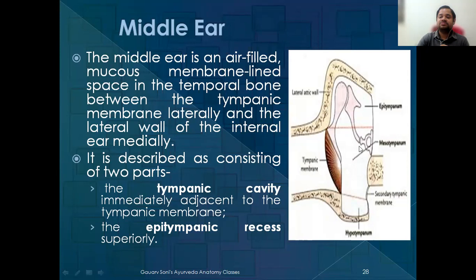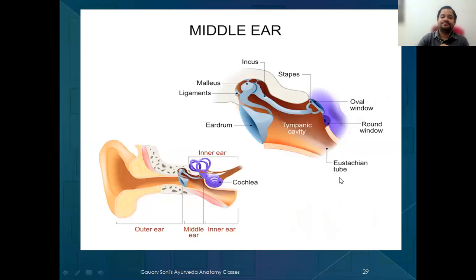In certain books, this tympanic cavity is also divided into two parts. The part which is directly adjacent is the mesotympanum. The part below the tympanic membrane will be the hypotympanum. So this is the diagrammatic representation. You can see there is the eardrum. Then there are ear ossicles, malleus, incus, and stapes, which are connecting it to the oval window of the internal ear. And this whole space is called the tympanic cavity, which has some openings through the eustachian tube and through the aditus. The aditus, you can see on this side, leads to the air cells or mastoid part.